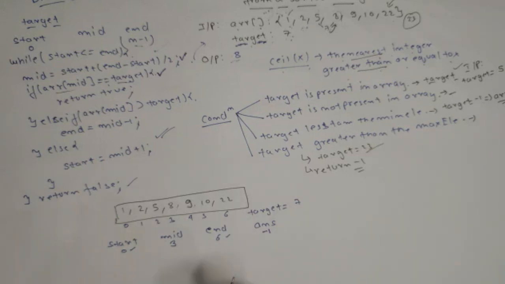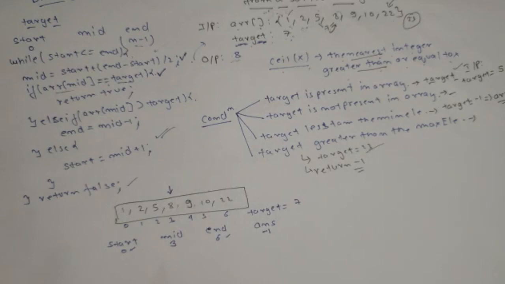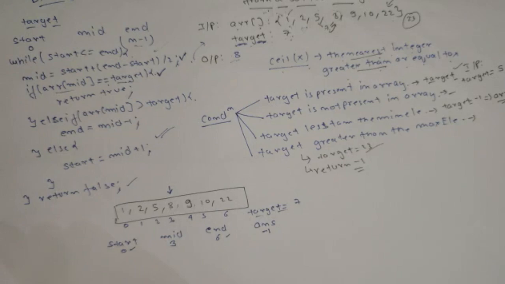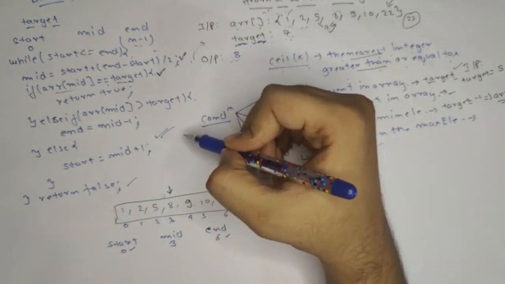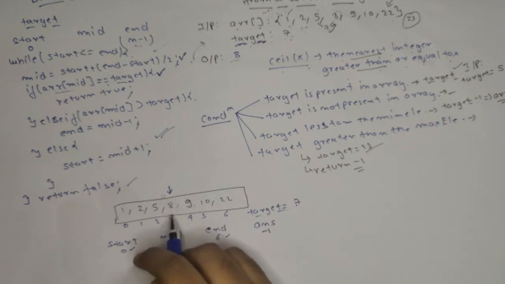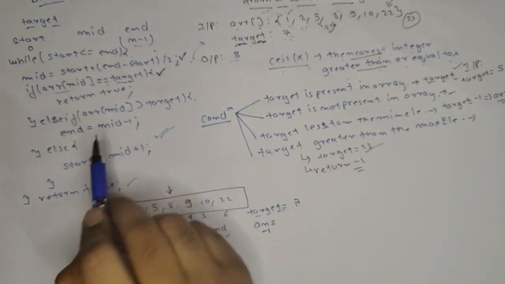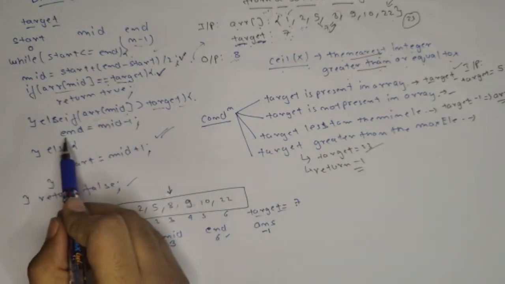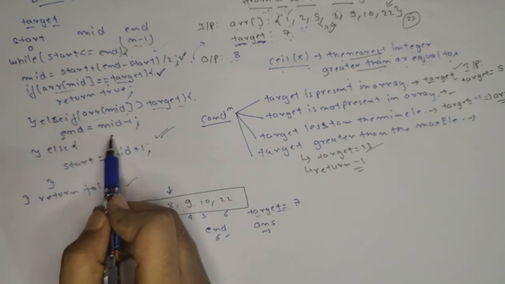Otherwise it's okay. So we got the middle index as 3, so our mid index will point to this 8. Okay, and we will match if our target is same as 8. No, it's not. So which among these three conditions will hold true? Our target is 7 and the value at the middle is 8. Okay, so this condition will hold true: our target is less than ARR of mid. Then we will modify the end pointer as mid -1, means we are restricting the search to the first